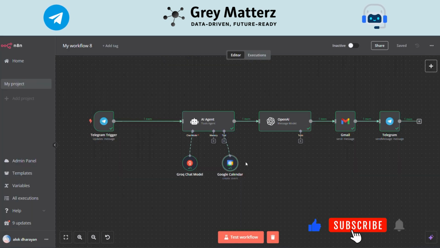And there you have it, a fully automated workflow that brings together Telegram, Google Calendar, and email to handle scheduling with ease. In just a few clicks, you've transformed a simple message into a powerful chain of actions, creating calendar events, sending personalized emails, and keeping everyone informed, all effortlessly. This flow isn't just about saving time, it's about creating smarter, more efficient ways to work. Whether you're managing meetings, coordinating with clients, or simply streamlining your day, automation with n8n empowers you to focus on